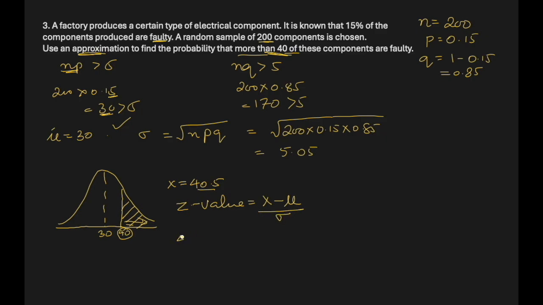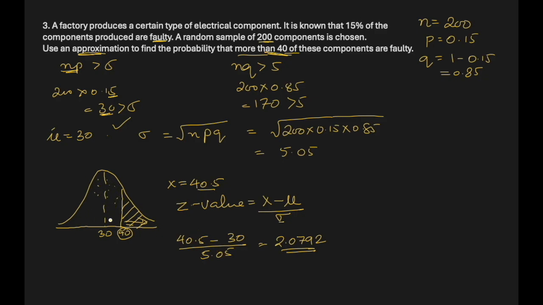So variable is 40.5 minus mean is 30 divided by the standard deviation, which is 5.05, 2.0792. Now if I try to find it out looking at the table, it will give me this area,